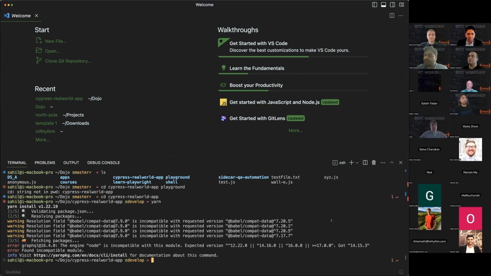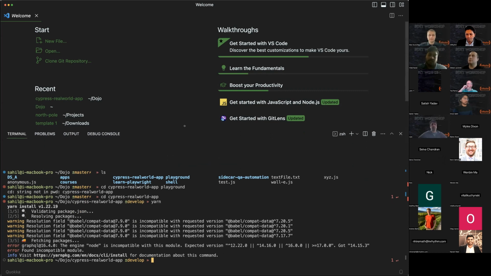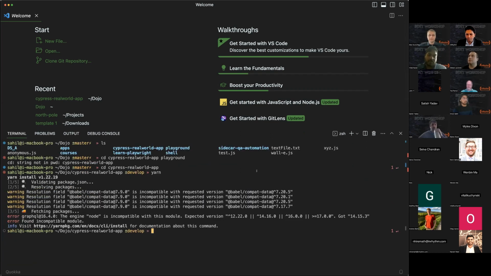Third and fourth, we're going to write 2 tests. The first test is a simple login test against the real world app. The second will be a negative scenario where we put in wrong credentials and validate the error. Do you want to tell us the command for installing Playwright? I know it myself, but I want you to walk us through.